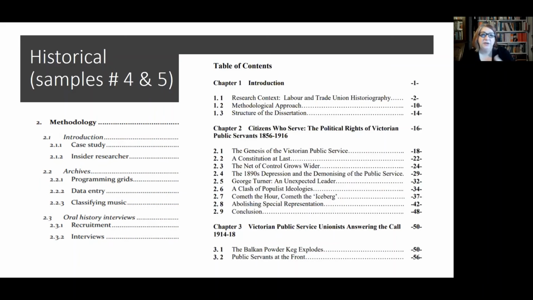So these tend to use a bit of a different sort of methodology. And interestingly, what I have found when I look at these historical theses that use an historical methodology, or that are based on evaluating or creating a history of something, they'll often not have a very strong methodology section. It may be actually included somewhere else. So I'll come to the second one in a minute, but if we look at the first one,